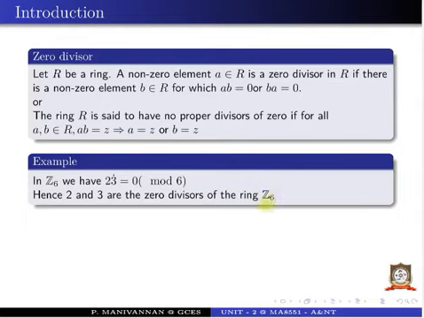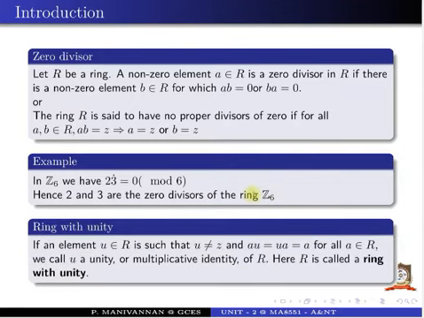What is Z6? Z6 is the congruence modulo classes 0, 1, 2, 3, 4, 5. All the numbers in the integers, we reduce them to 6 classes. That's all: the 0th class, 1, 2, 3, 4 and 5. 6 is again 0, 7 is 1 and so on. We already know that result.